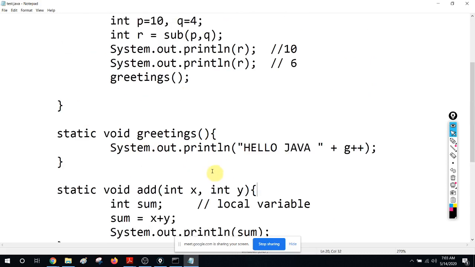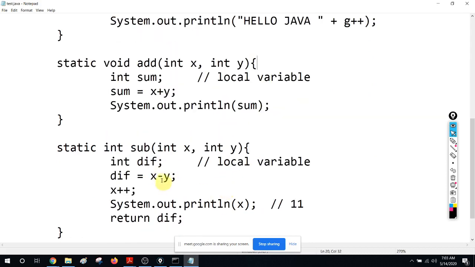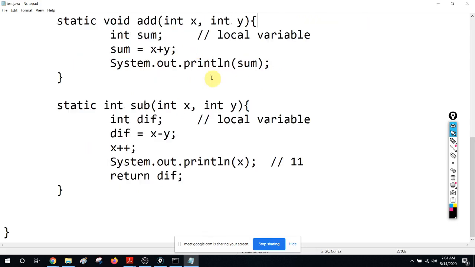So I just use it only in the greeting methods. But when the greeting methods update it, the add method can see it, right? If you're calling it after calling the greeting methods. Okay, right. So what are the things that you have to understand when it comes to methods?